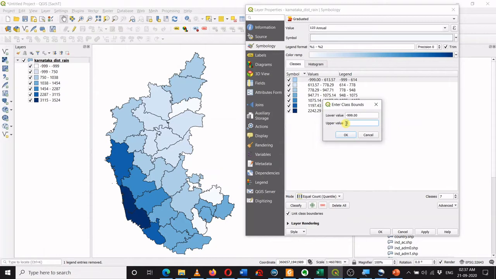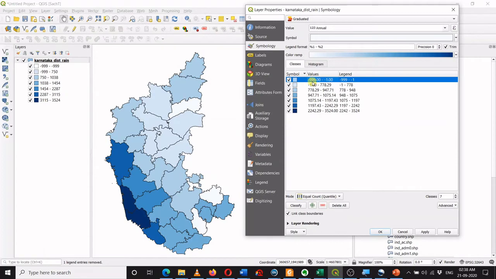I may take the upper value as minus 1, because I know negative values are not possible for rainfall, and the only negative value available is -99999. So I will click OK. The first class is from -99999 to minus 1, which is the no data cell, and I can also give a different color to the no data cell.